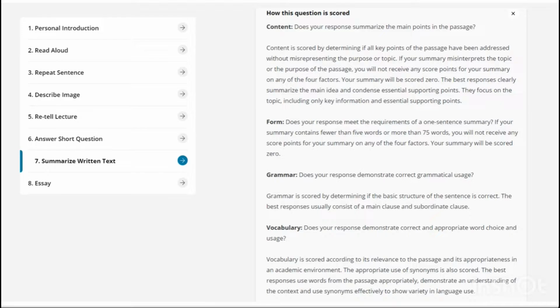समराइज रिटन टेक्स्ट के मार्क्स आपके रीडिंग और राइटिंग दोनों ही मॉड्यूल्स में ऐड होते हैं। समराइज रिटन टेक्स्ट जो है वो 7 मार्क्स का है। 4 डिफरेंट फैक्टर्स पे डिपेंड करती है इसकी स्कोरिंग, कंटेंट, फॉर्म, ग्रामर एंड वोकैबुलरी। यू विल गेट 2 मार्क्स फॉर कंटेंट, 1 मार्क फॉर फॉर्म एंड 2 मार्क्स फॉर ग्रामर एंड 2 फॉर वोकैबुलरी।